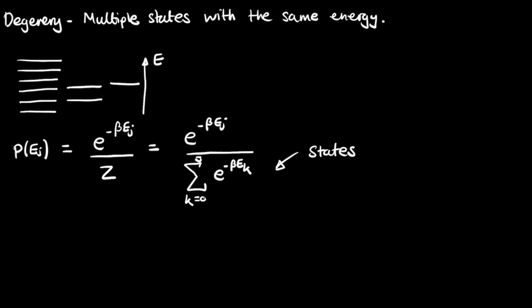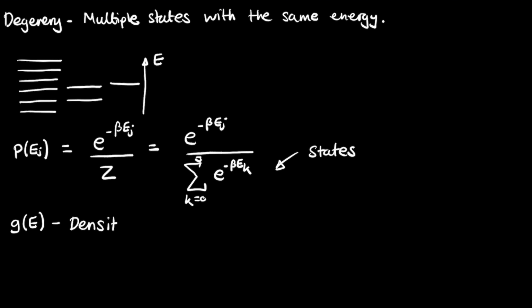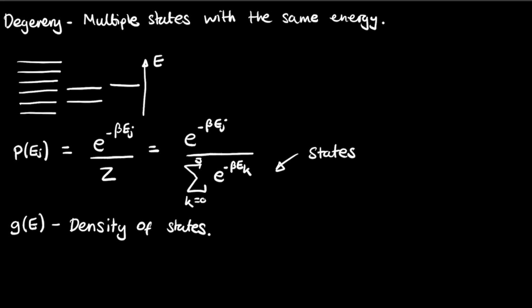So how are we going to get around this? Well, we're going to now introduce this quantity g of E right here. And g of E is what's known as the density of states. You can come across slightly different versions of the density of states. You can come across versions which are per unit volume or normalized in some kind of way. But basically the density of states is measuring how many times you need to count an energy level